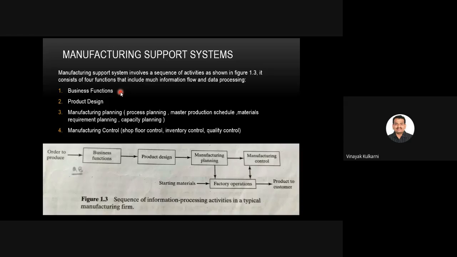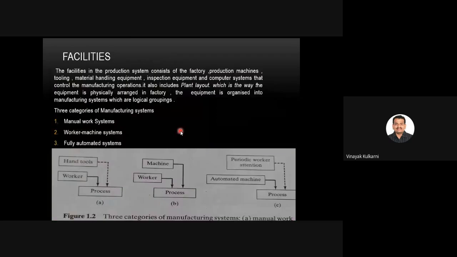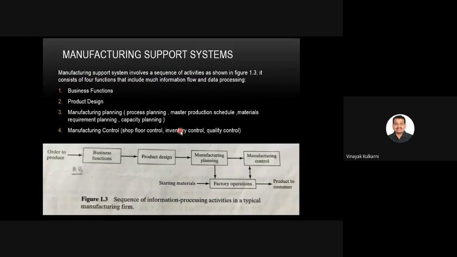Next one is the product design. The product is manufactured to the customer design. The design has been provided by the customer and the manufacturer's product design department is not involved. In the manufacturing system, this product design will not be done by the company because the requirement itself is from the customer. And the manufacturer's product design department will not be involved.